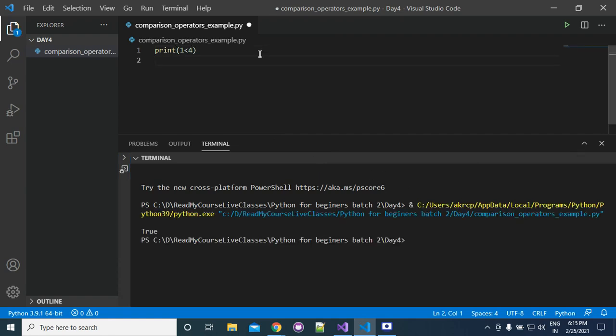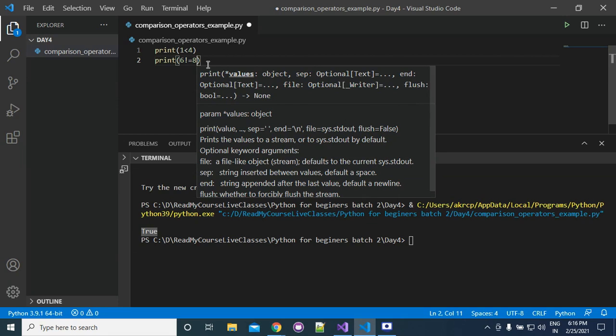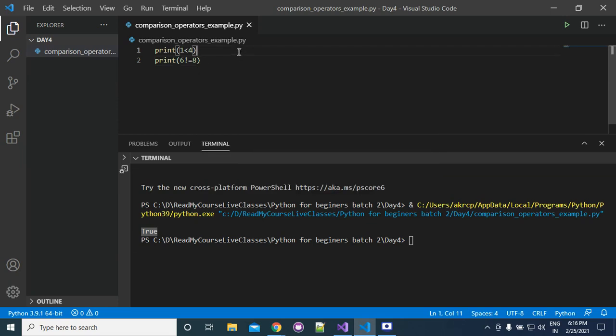Similarly, it is printing true. Next, if you write print 6 not equal to 8, can you guess the answer? True or false? Always look at one thing: the output of a comparison operator will always be boolean.